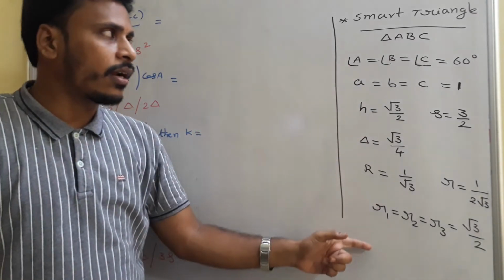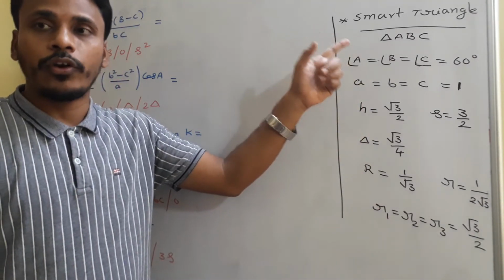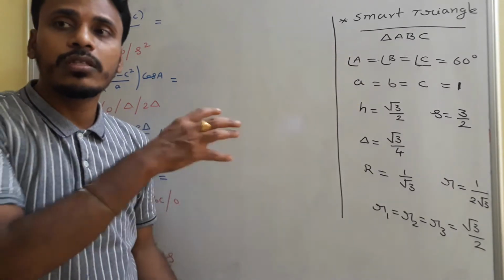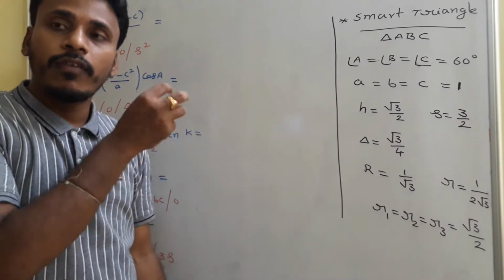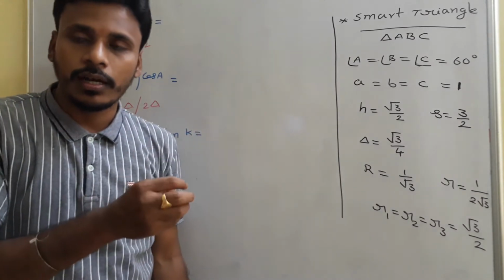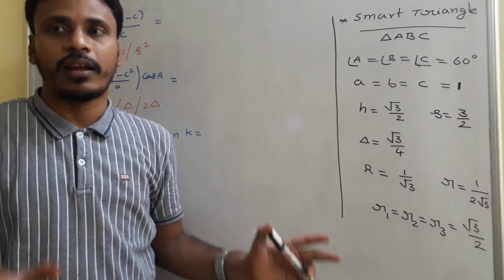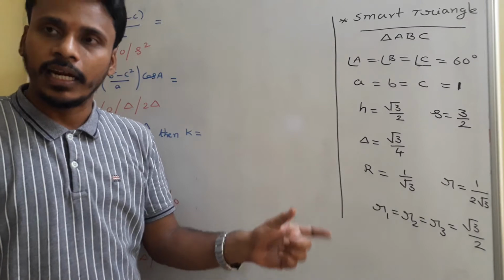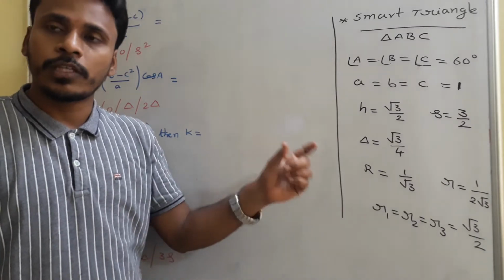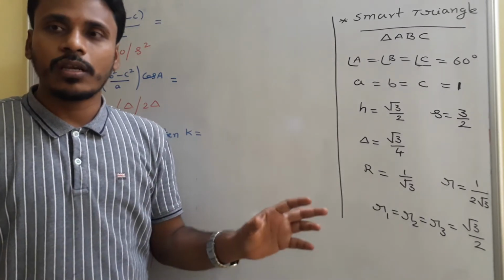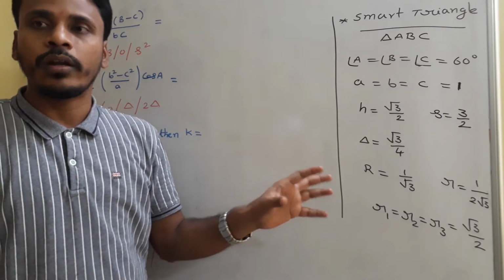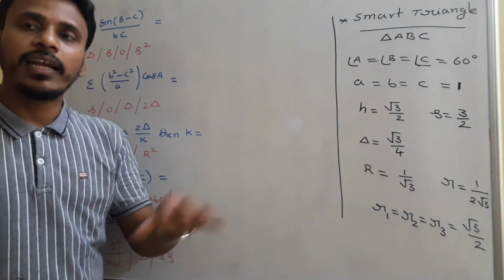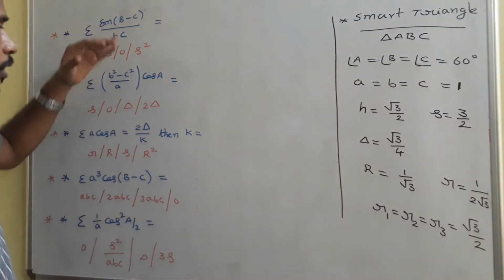And all these things are related to a smart triangle. In my point of view, the smart triangle is an equilateral triangle of side length 1 unit. We will use this idea for objective problems where the questions are about any general triangle. If the question specifically mentions an equilateral triangle, right angle triangle, or an isosceles triangle, in those cases this trick won't help you. So in general, if we have problems in any triangle, we need to solve these things.